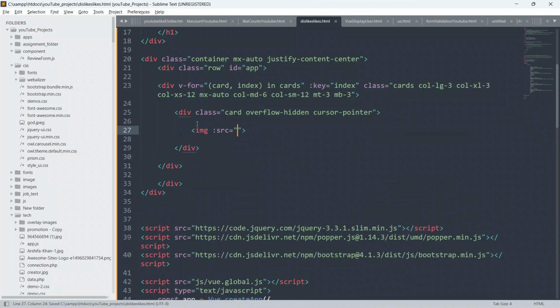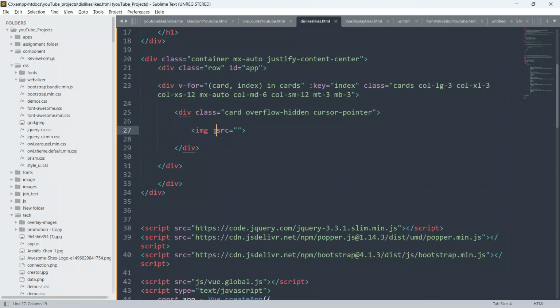So guys, I have explained many times in my previous videos that inside Vue.js, if you want to display class, id, image, or alt attributes using Vue.js, then we have to use v-on or v-bind or v colon.